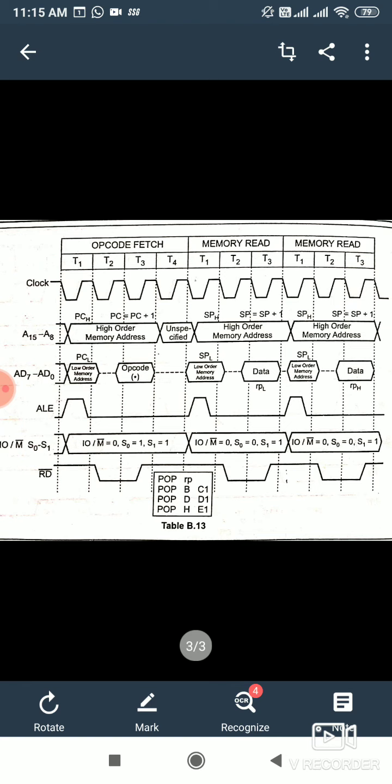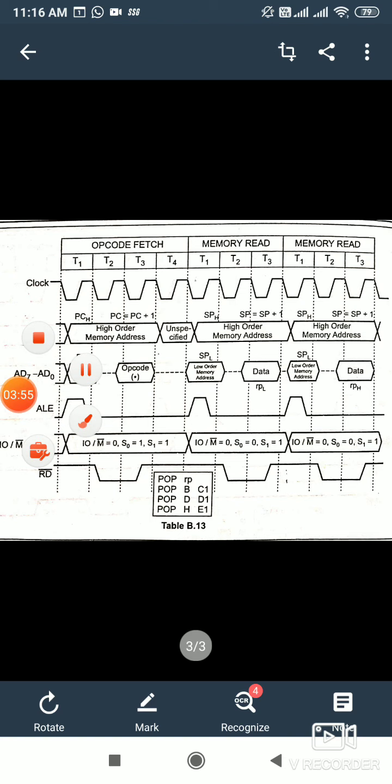Similarly, in pop instruction, we are retrieving back our data. Now how were we retrieving back? We are not first of all incrementing our stack. First we will get our lower byte, and then we will increment the stack. We will get our higher byte then, and then we will increment the stack so that it will represent our top of the stack.